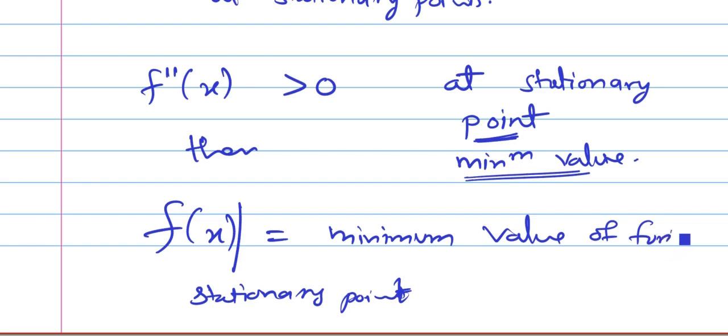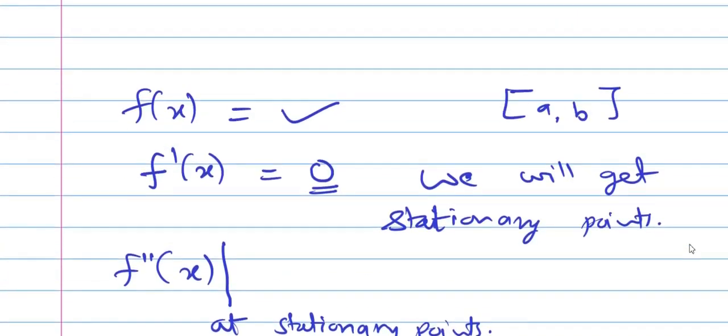Once again I will repeat. So f of x is given in one interval. So you have to take first derivative and equate that derivative with 0. Derivative 0 से equate करने के बाद क्या मिलेगा आपको? You will get the stationary points जहाँ पे functions maximum या minimum होता. आपको ऐसी values मिलेगी जहाँ पे functions आपका maximum या minimum होता.